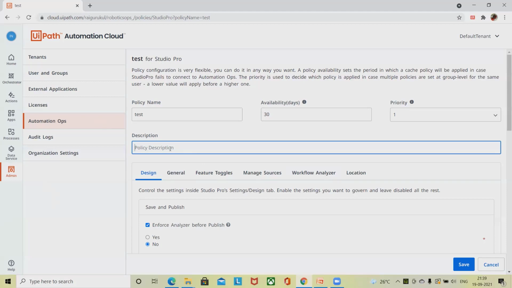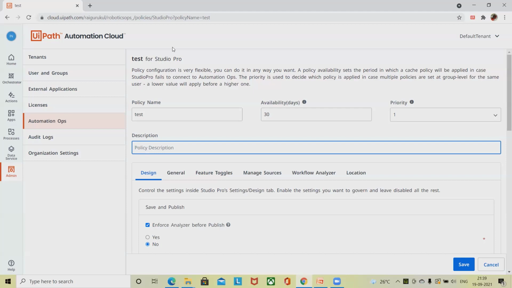Product settings can differ from one version to another, and different policy templates are available for different versions. To ensure the settings in your policies match those available in the governed products, configure automation ops to use this policy template for the product version used in your organization. When a new product version is installed, check if a new policy template version is available and update to it to make sure that the policy includes all the product settings that can be governed in that version.